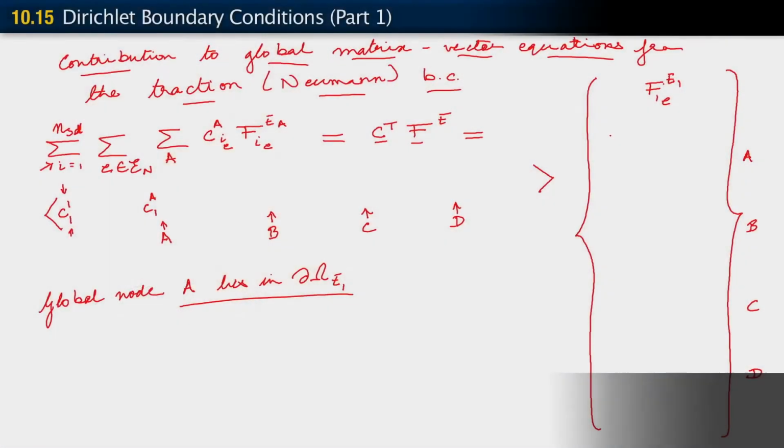Okay. All right. So if you go back and look at that figure that I drew two or three slides ago, what I'm saying is that node A from that figure does indeed lie on partial omega T bar 1. Okay. So we would have a contribution then from element E1, and the contribution from element E1 would be F T bar local node 6, right, spatial dimension 1, element E1. Okay,